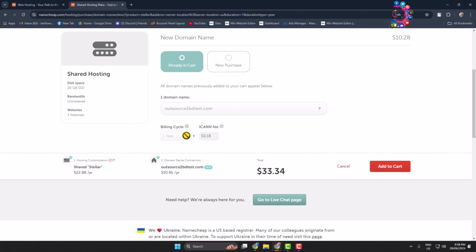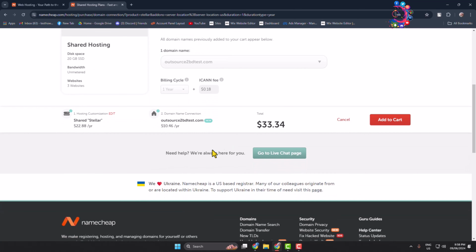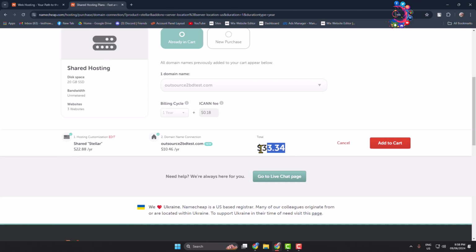And here we can see billing cycle 1 year. And now here we can see the total amount for my domain and for my hosting. So this cost is for my domain and this cost is for my hosting. Now just click on add to cart